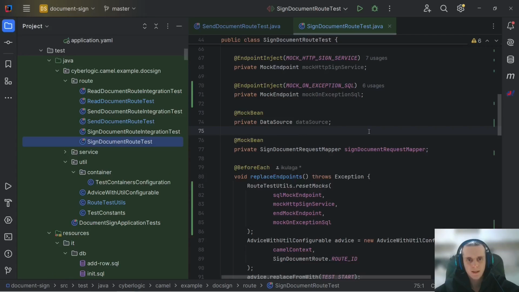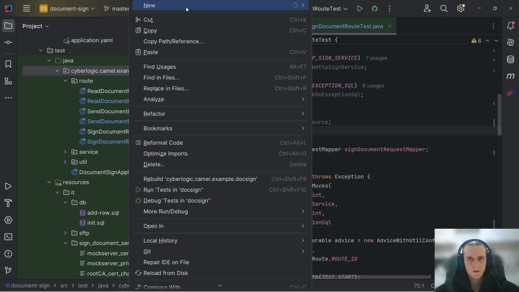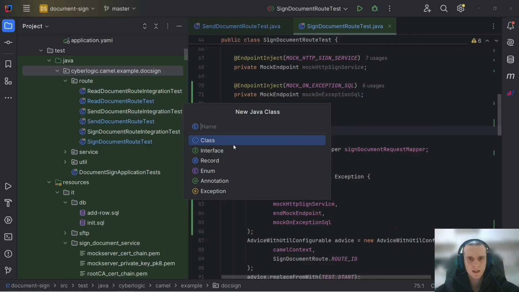But as we've tested it already in our unit tests, there is not much reason to test it in route integration tests, because what we will do is create an integration test for the whole application, in which we will also test our error handling logic. Let's call it document sign application